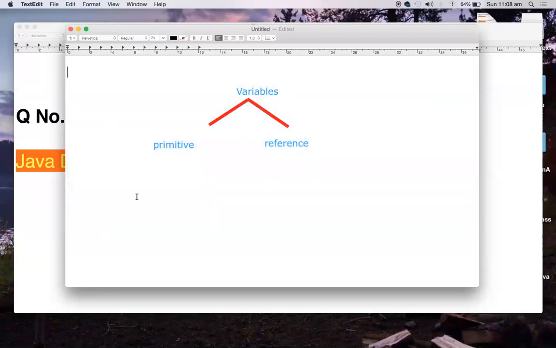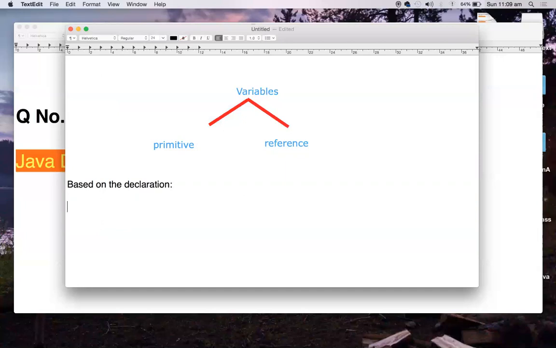So now what happens is, based on the declaration, we have three kinds of variables, which can be primitive or reference.